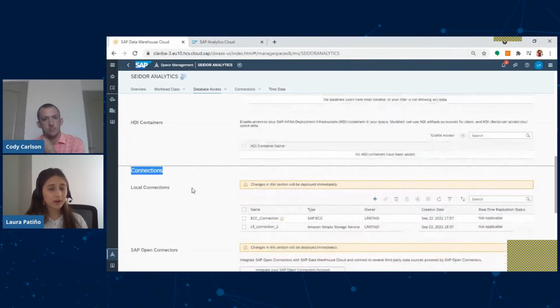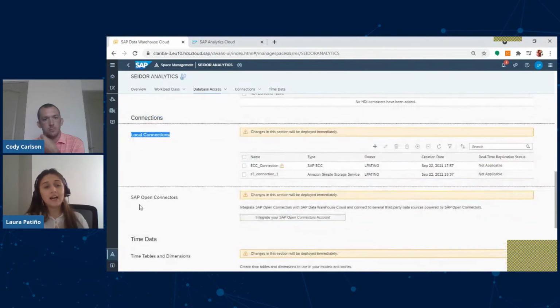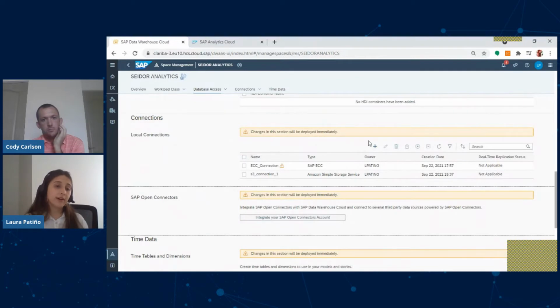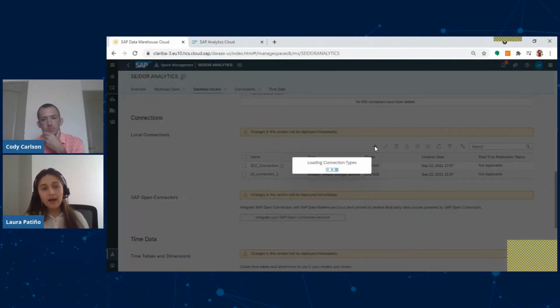And in this last part over here, we can find connections. We can find local connections and open connectors from SAP.